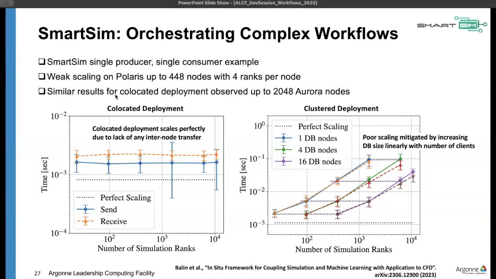What you can see on the left is the average time for the send and receive pieces of the workflow. So how much time the producer is spending sending data to the database, and how much time the consumer is spending receiving the data. And so you can see that regardless of the number of simulation ranks, which scale linearly with the number of nodes, we really get effectively ideal scaling. This is because, as the diagram showed earlier, we can eliminate all of that internode communication. So this co-located deployment of SmartSim is really what we suggest for workflows that need that scalability